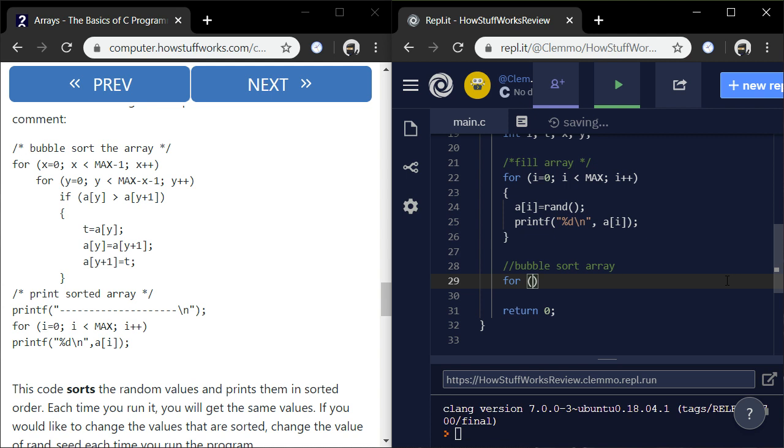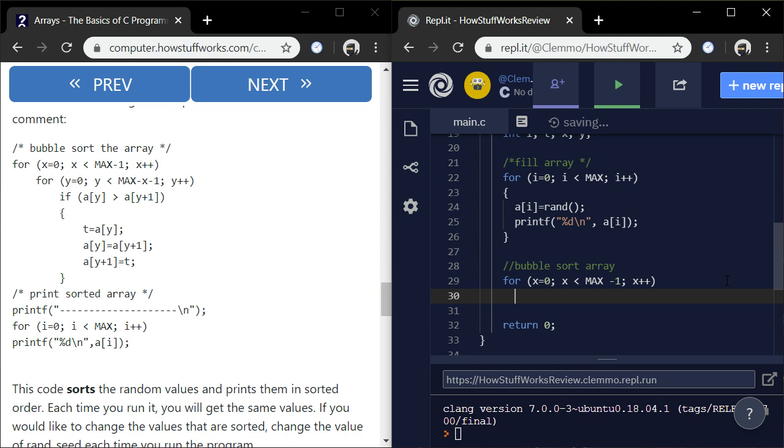Starts with a loop, using x as the counting variable. It will loop as long as x is less than max minus 1, and then it will increment x.